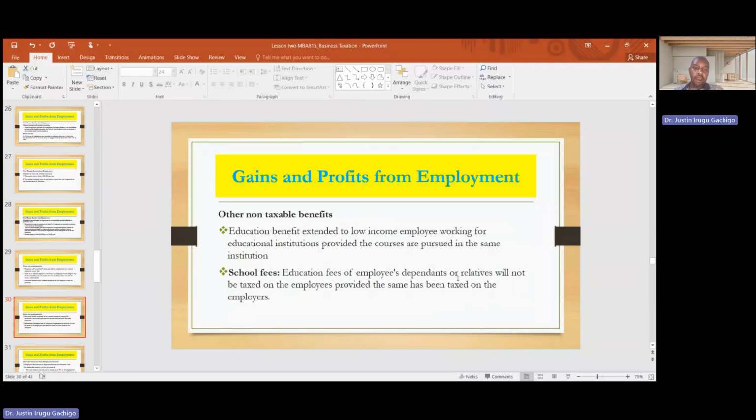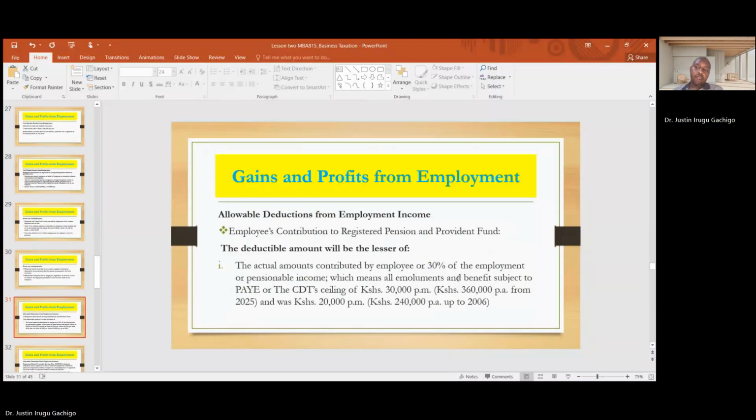Education, again, this is not a taxable benefit. That is school fees paid by the employee, paid education fee paid by the employee for the dependent. Then we have allowable deductions from the employment income. So we have talked about the